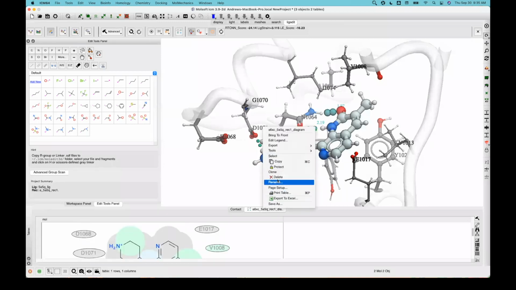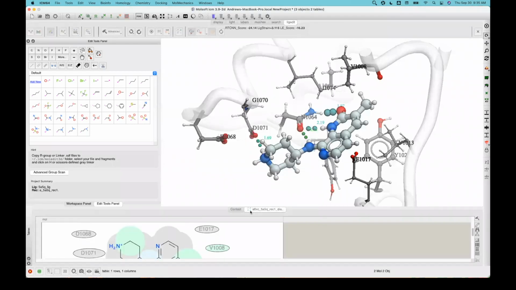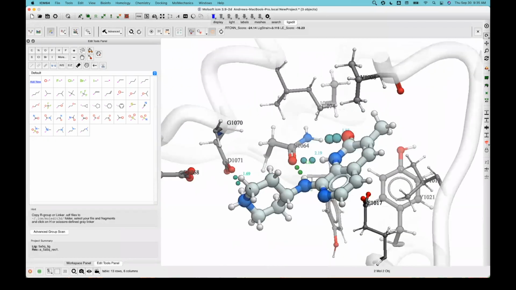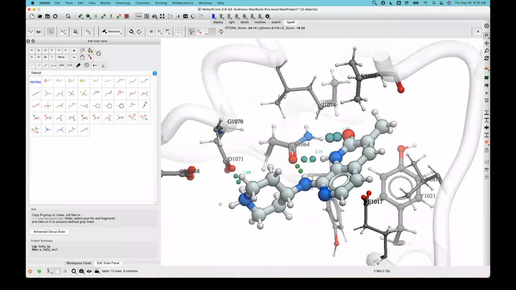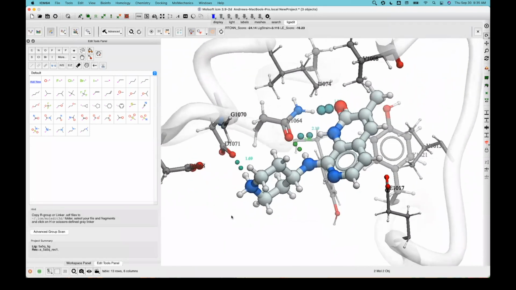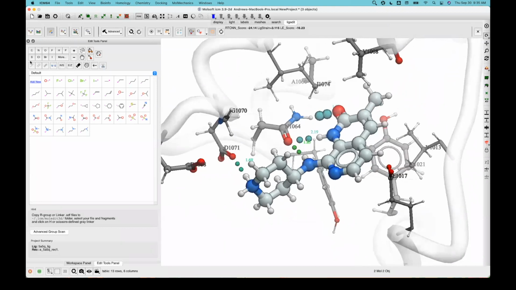Just for clarity, I'm going to delete some of these things. Don't need them anymore. Okay, so we can start editing. We're going to start initially by using the options in the 3D way of editing. As I mentioned, you can change atom types by